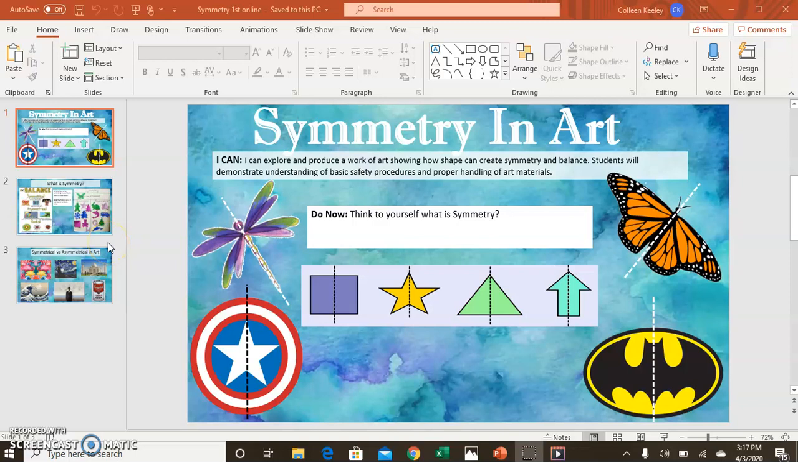Maybe you've heard before the word symmetry or symmetrical, or maybe you've heard asymmetrical. I'm going to attach this PowerPoint in the email I send out to you guys, but I did just want to go over it so you can have me explain it to you. So, symmetry: if you take a look at all these different pictures that are up in front of us,